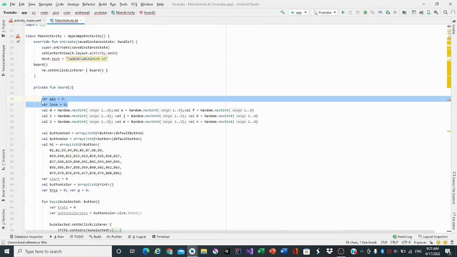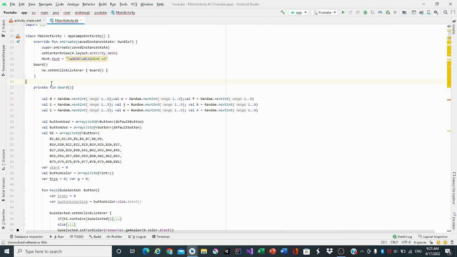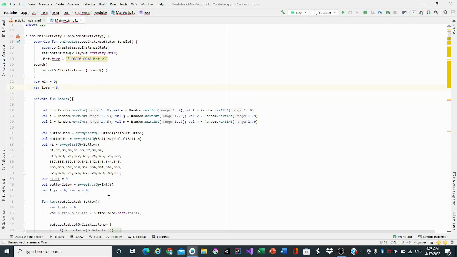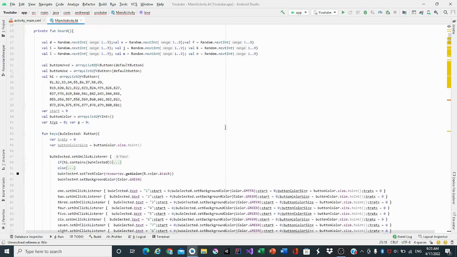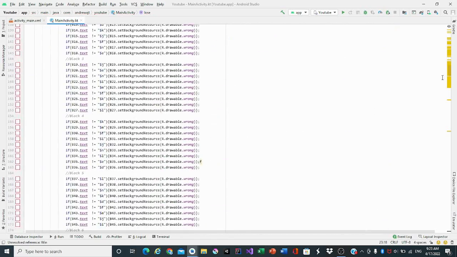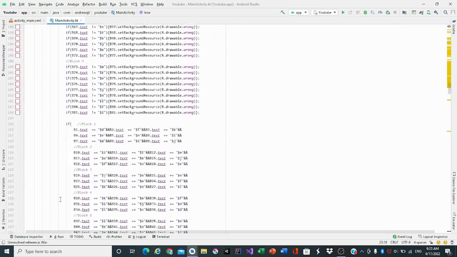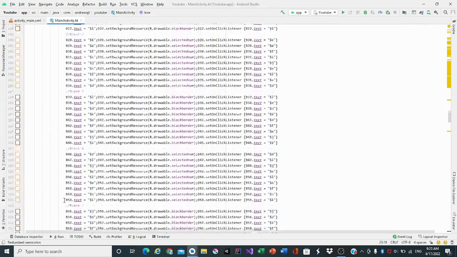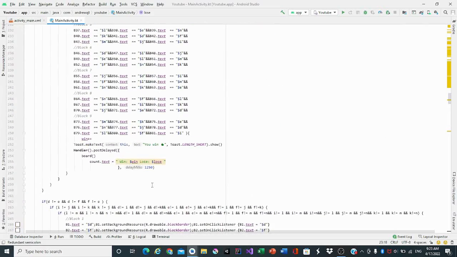We're going to move win and lose outside of the function, because if we put it inside the function, then every time we rerun the board, win and lose will be reset. So we'll have it outside the function. Okay, so after that, we have both of them. And we need to make an else if statement. If a equals 2,